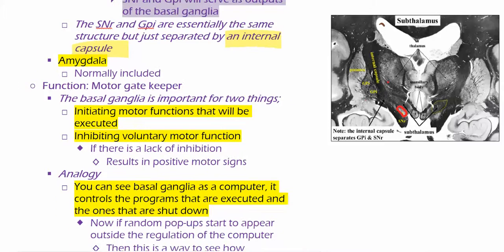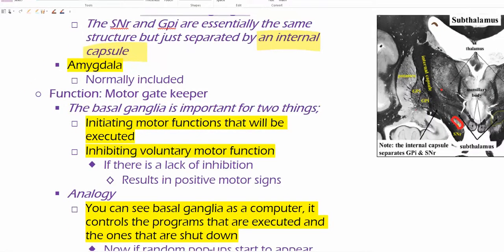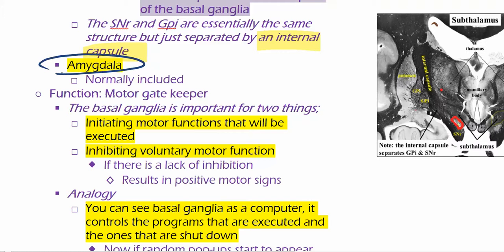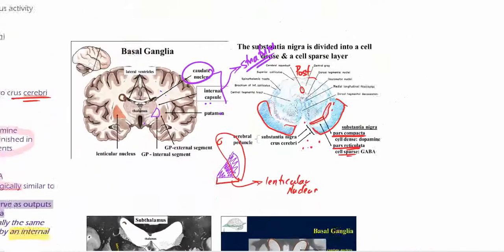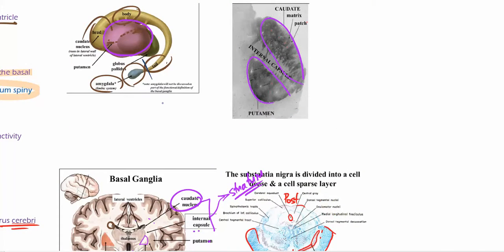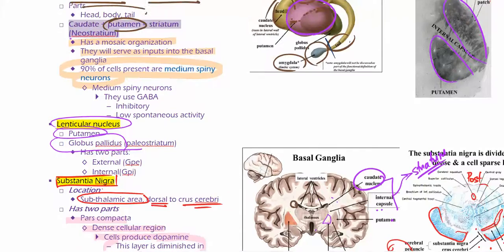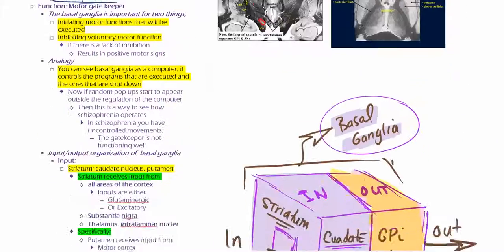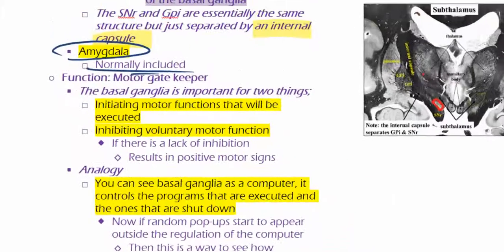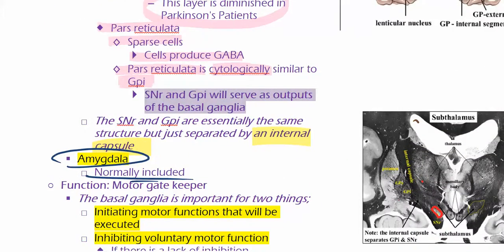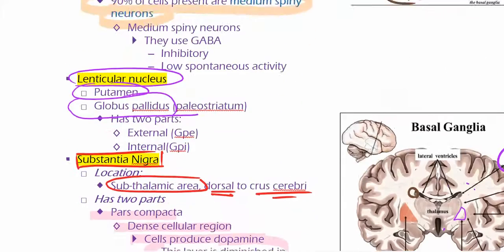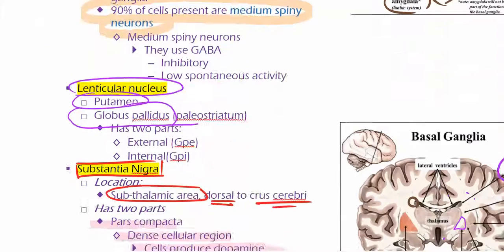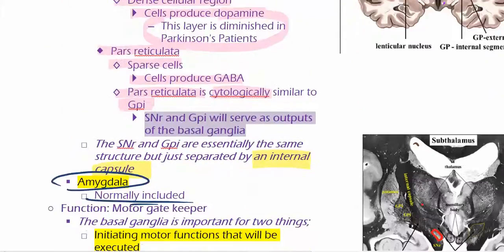Okay, so cool. And then we said that the amygdala is not part of the basal ganglia, but it's normally included, right? Because it would be kind of weird to just snap that little part off. It would just look so weird, right? It just won't be complete. Okay, so we talked about the anatomy, so the parts of your basal ganglia. So we just saw the parts. Now, what